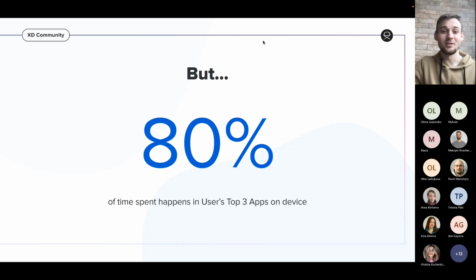And I can agree with that point that users may not use 100% of their apps. It can be half, it can be 40%. It can be different for every person. But as for me personally, I use around half of the apps installed on my phone,